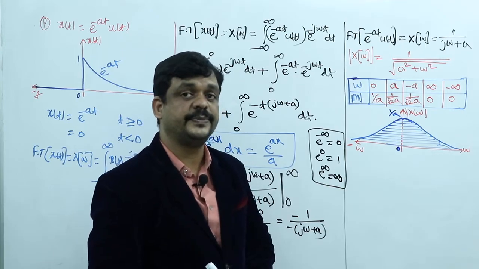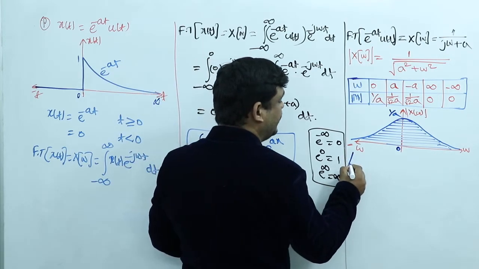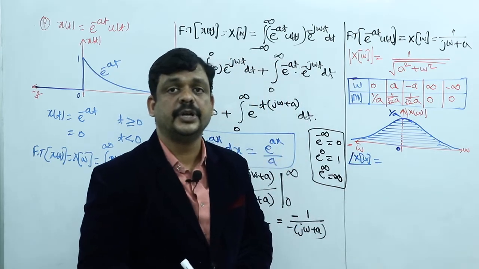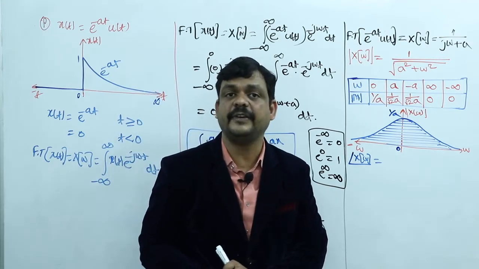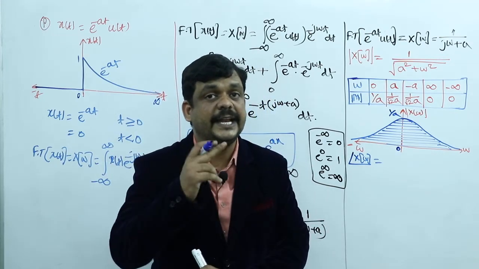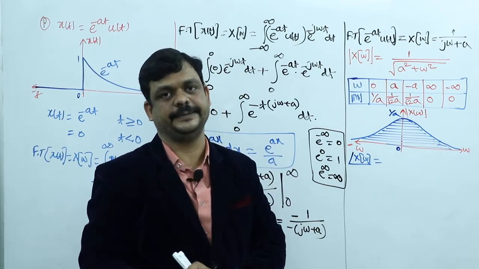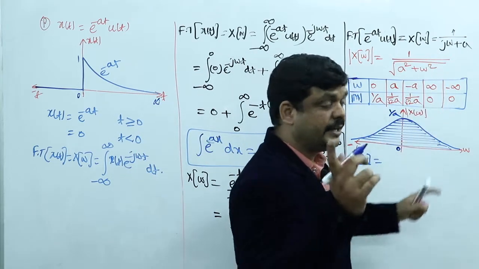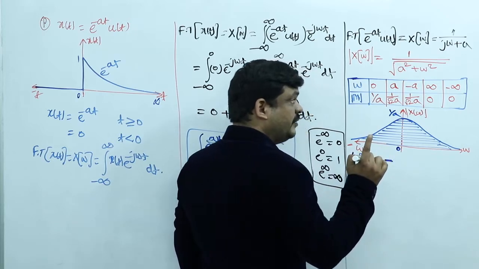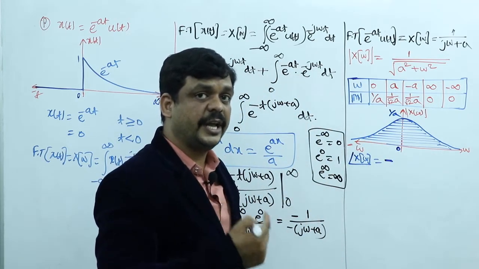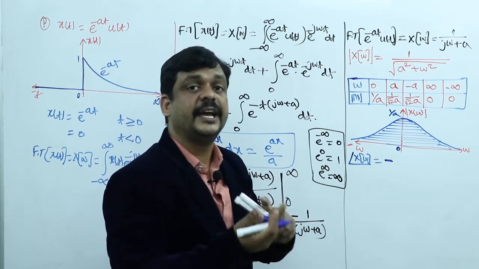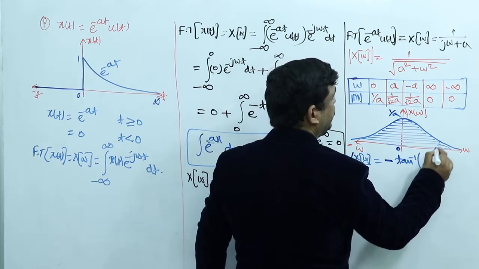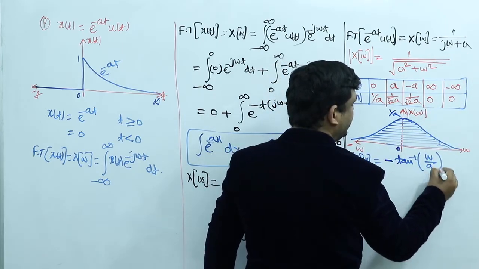Similarly, we have to discuss the phase response. To find the phase response, again we require the angle equation: angle of X of omega. How to write the angle equation? For complex signals, one standard equation is used: tan inverse of imaginary term by real term. Here these are defined in the denominator, that's why I am writing minus. Please remember that denominator angles are always taken with a negative sign, because according to phase shift analysis, it becomes minus. So minus tan inverse of the imaginary term omega by the real term A.